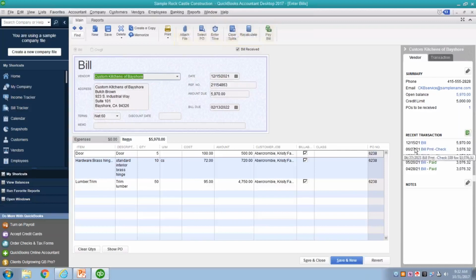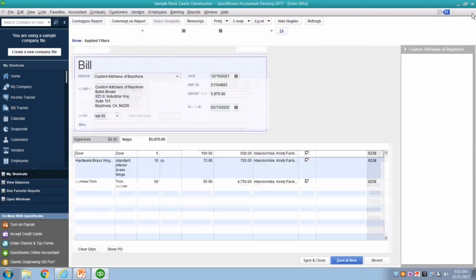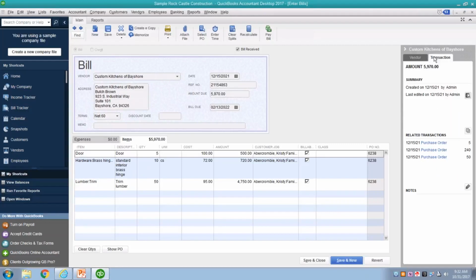So if I think that maybe this has already been entered, I can look over here and see if there's a bill for that same amount, or I can see the transaction history. I can always click on the button to run a quick report and get more information. And then I also have contact information, or here I can click on transactions and get the different related transactions for this